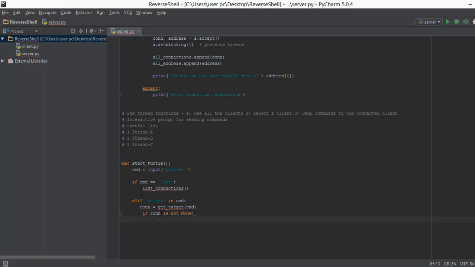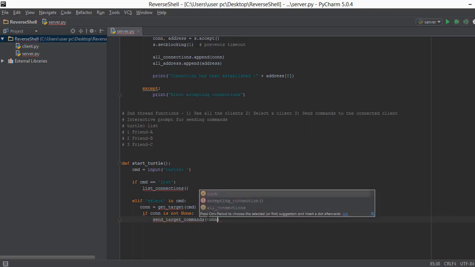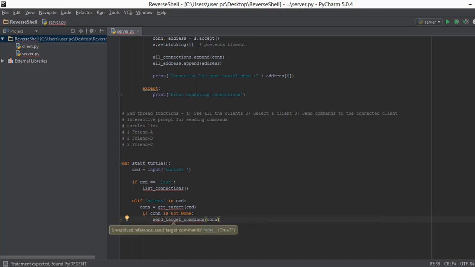So after we check whether the connection exists or not, and basically we are checking is not none, then we can use the function of send_target_commands. And inside this we can pass the connection object, and this is going to help us send commands to that client. Now in the else condition we are going to write,